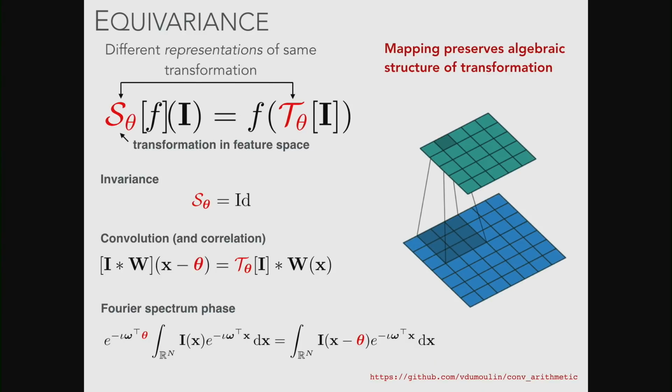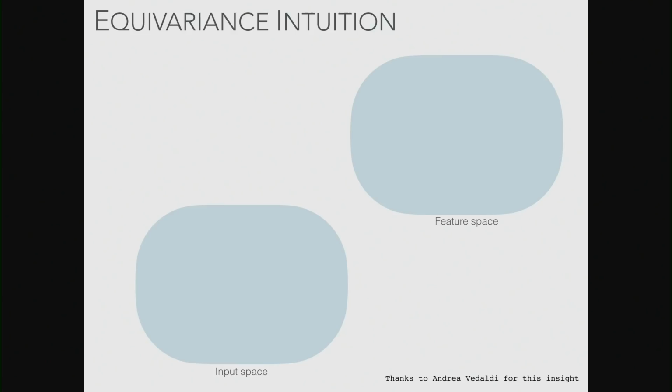And this is really useful if we want to get a real good handle on how images transform in feature space, or how feature representations transform given images. Just a bit more on equivariance. Not everyone gets this. I mean, I did this for my PhD, which was 3.5 years, and it only took me about 3 years until I realized this property. So I think this is quite useful. Someone pointed this out to me, Andrew Vidaldi. I'll just thank him at the bottom there.